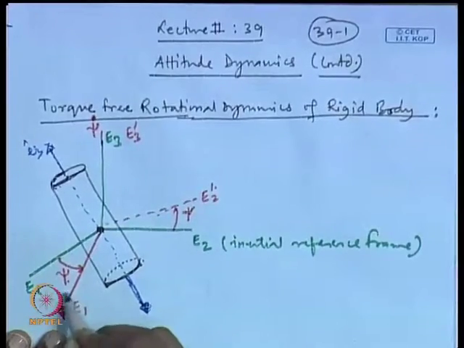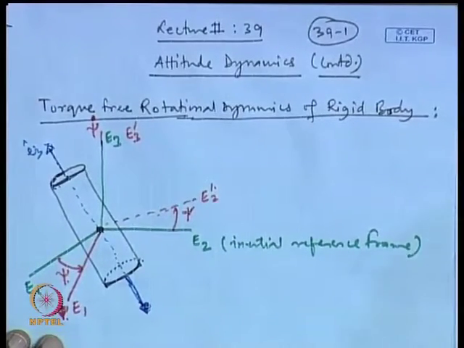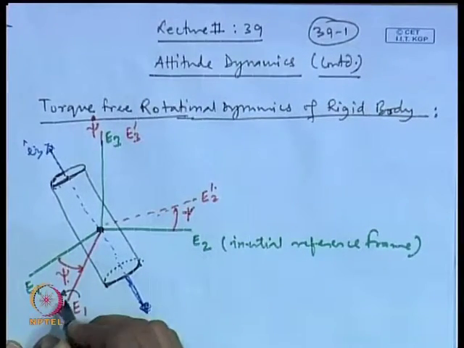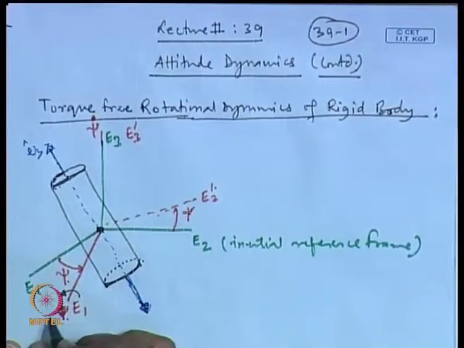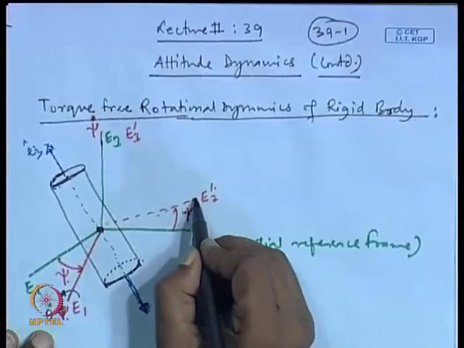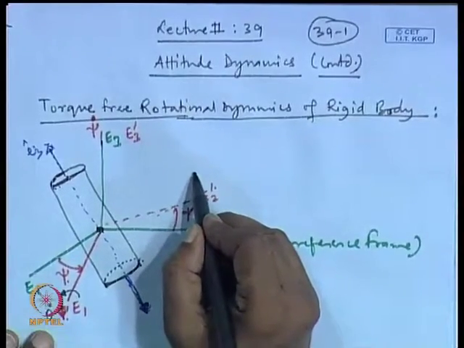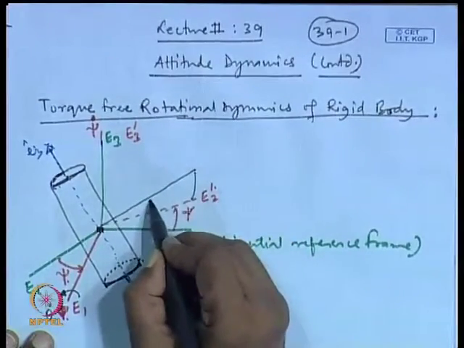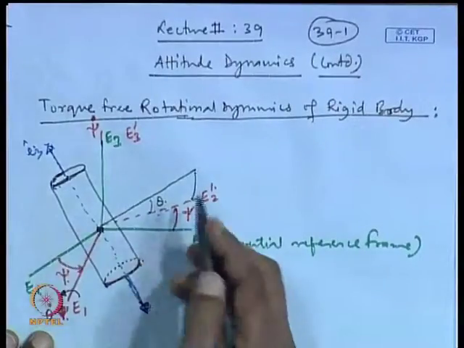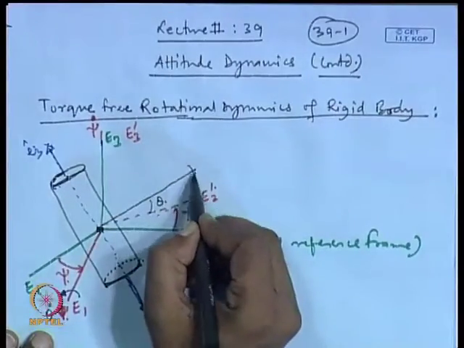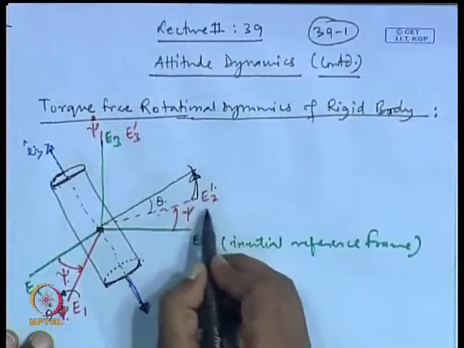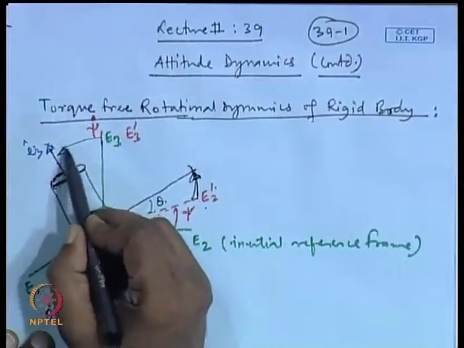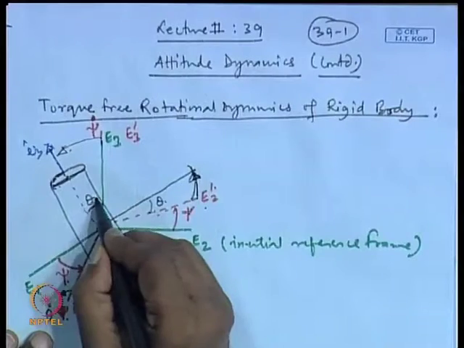Then we rotated about this x by angle theta. The next rotation we are giving is about this x itself, and this rotation is by theta. So, theta dot will be in this place, and this will rotate from this place to, say, something like this by angle theta. This is coming out of the plane, so it will also move. It is moving in one plane, E2 prime and E3 prime, it will move out and go from here to here. So, this angle from here to here is your theta.